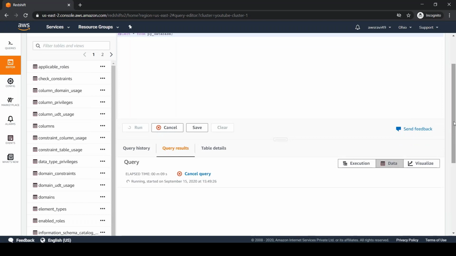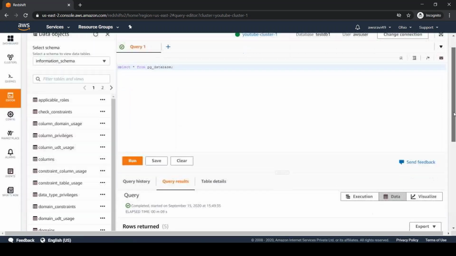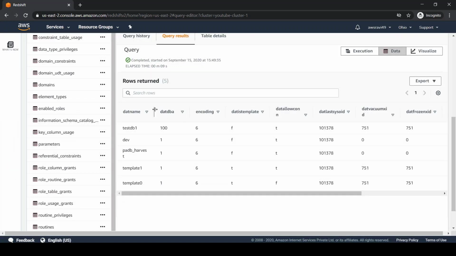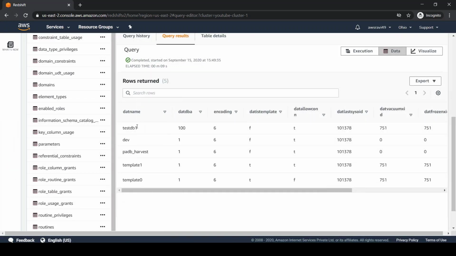So I'm running this query to get the list of databases we have in this cluster. You see the testDB1 database, and we have template1 and template0, PADB_harvest, and there is a dev database under this cluster. These all came by default, but this is the test database I have created.